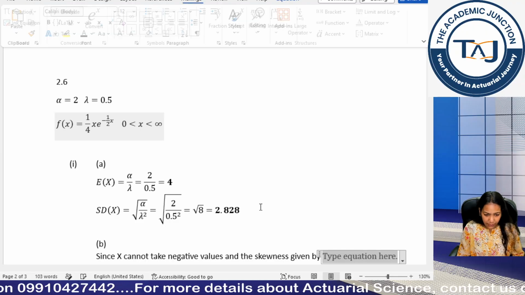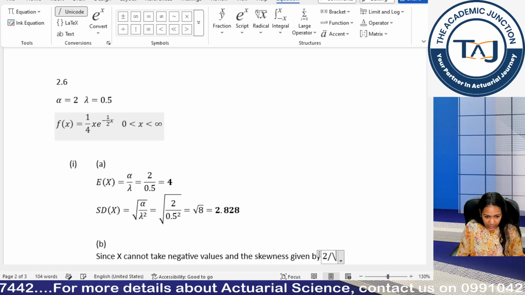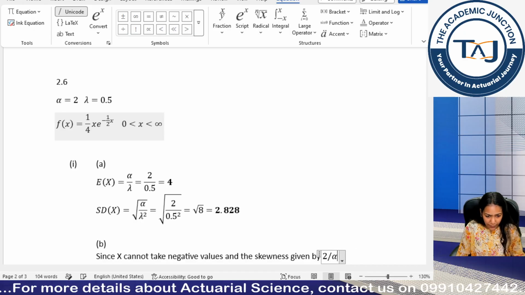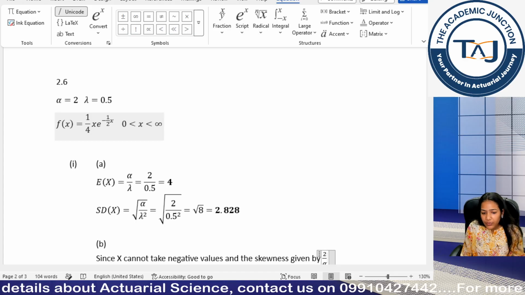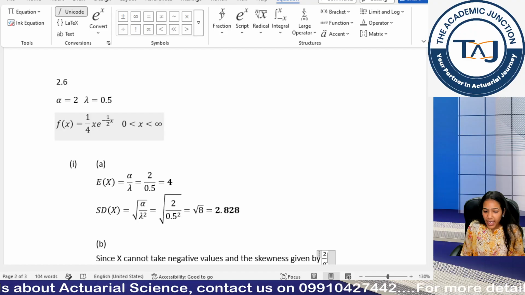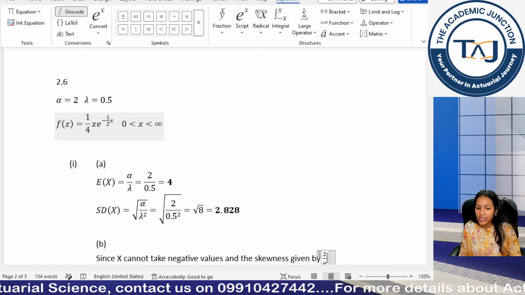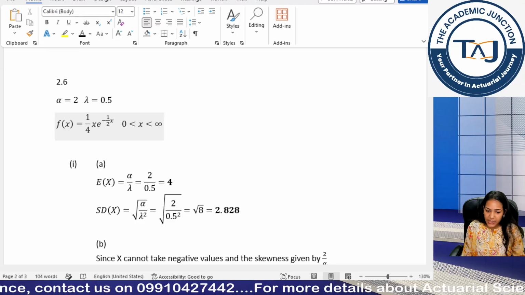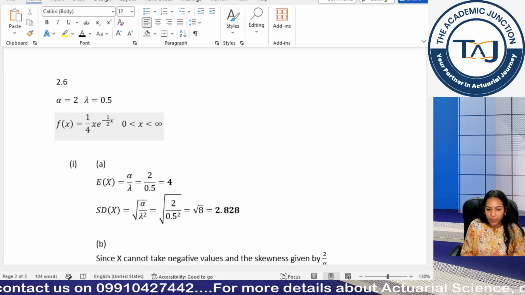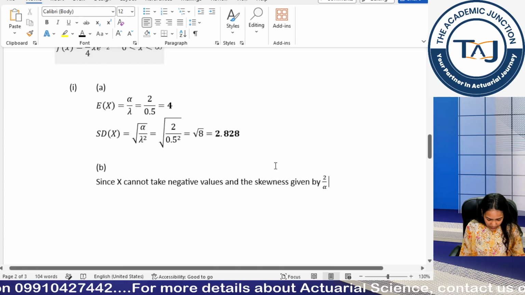Look, here we have to use the equation editor: 2 by, normal slash, backslash alpha space to get the fraction. Now we want to move out of the equation editor, that's why we use the arrow key. If you use the space bar, then you will continue going in the equation editor only, so you use the arrow key. The bar disappears, this means you are back to normal text. Okay, 2 by alpha, which